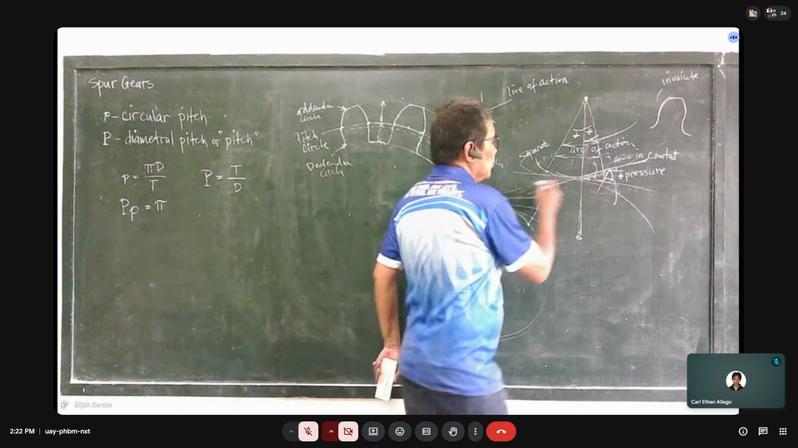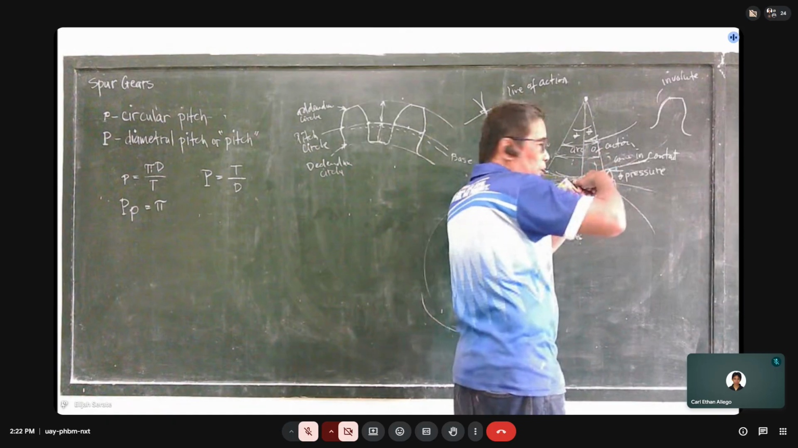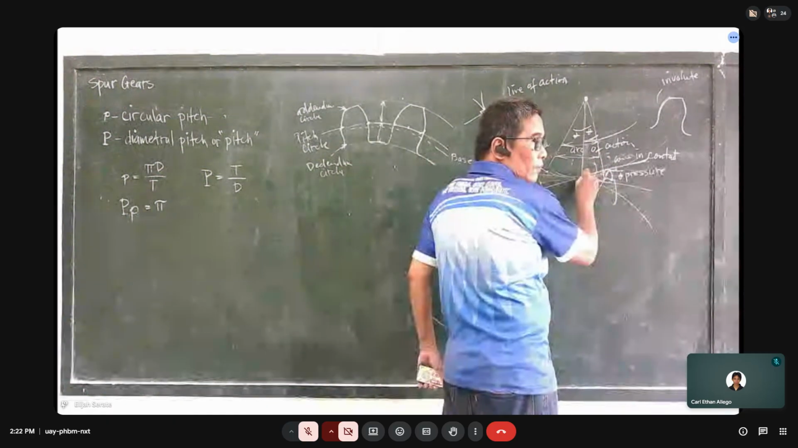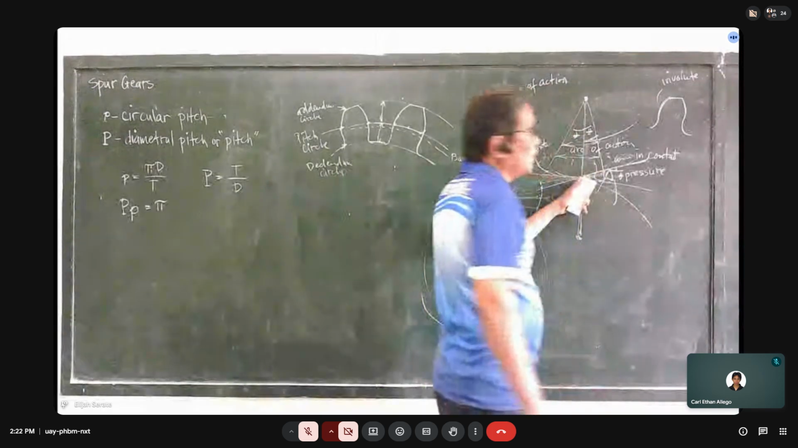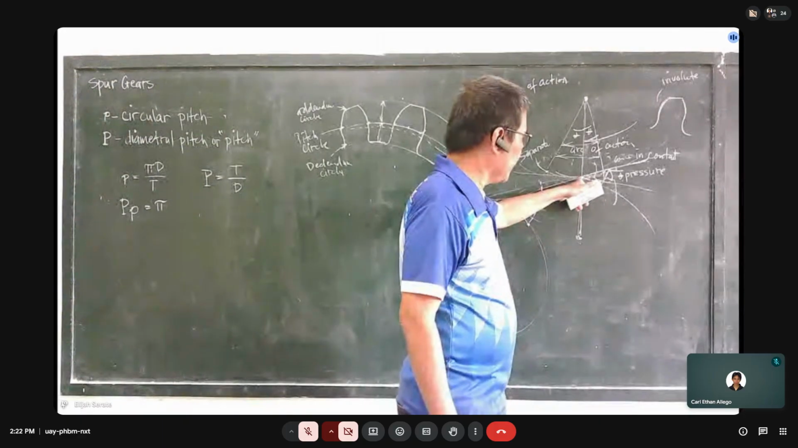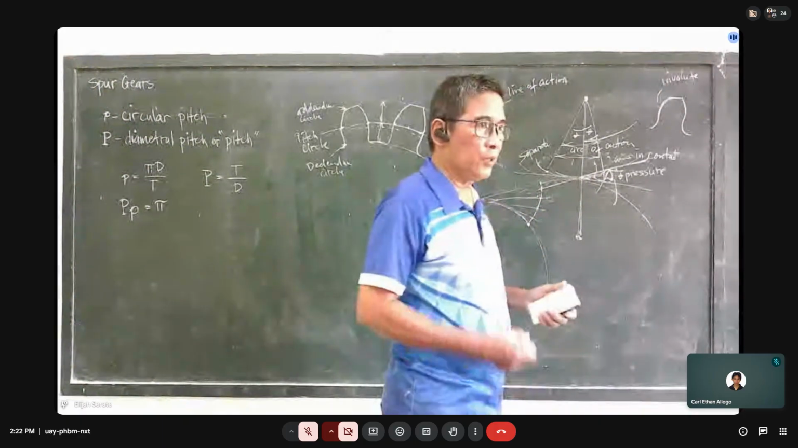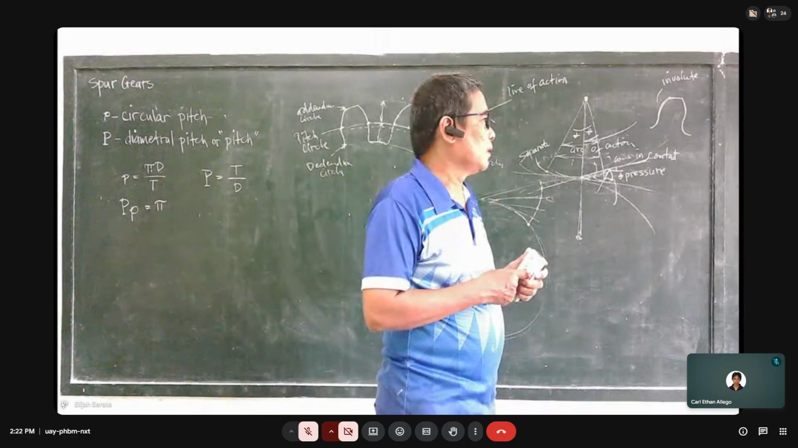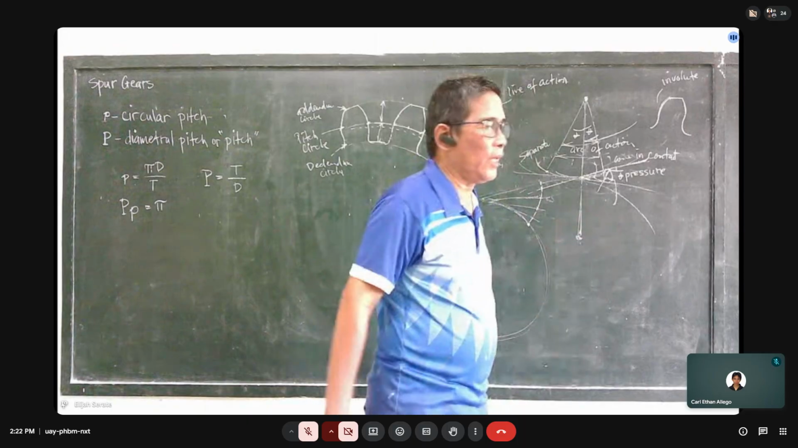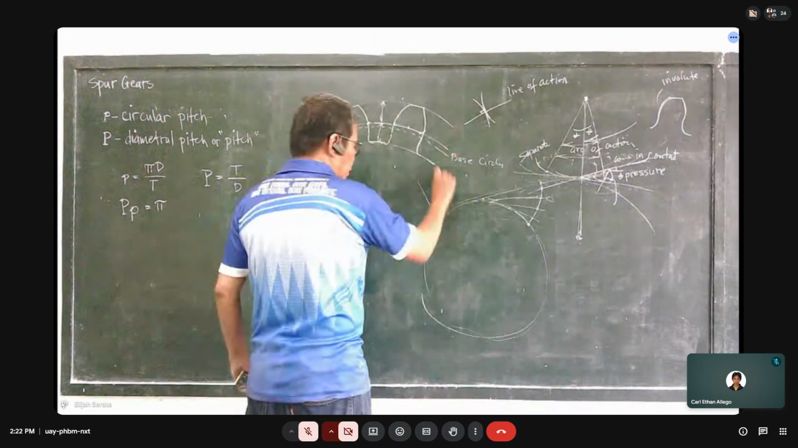the line of action always passes through the center, and that property makes the gears function properly. They will remain in that state. What I mean is, if you have, let's say,